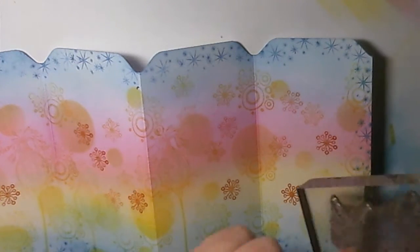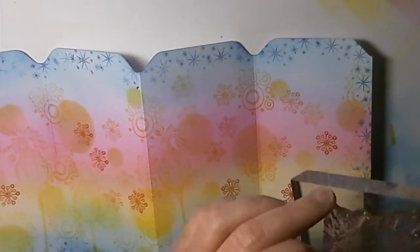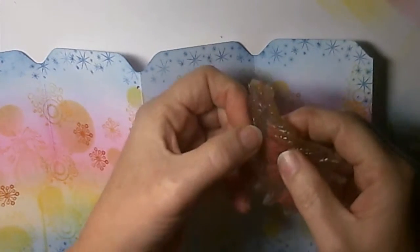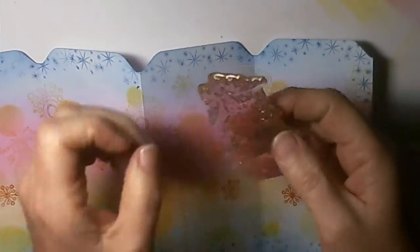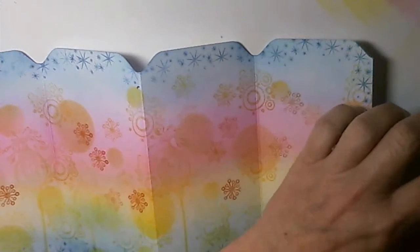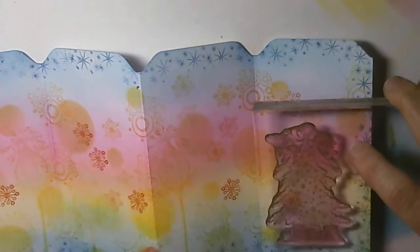Oops, there is something that got stuck here. Let me just see if it's the other side. Nope, it's here. I need to get that off because that will distort the image. So I've got that off. It's like a little fleck of something. And I'm going to stamp this here in